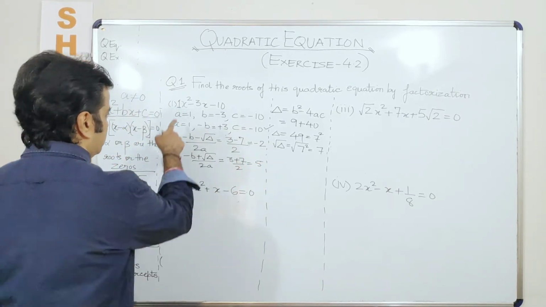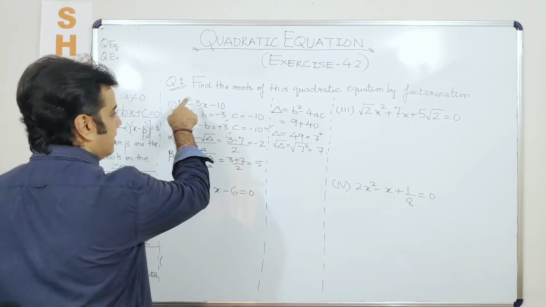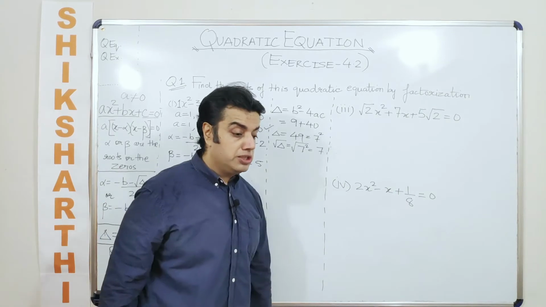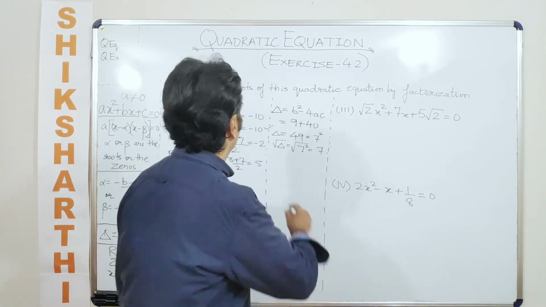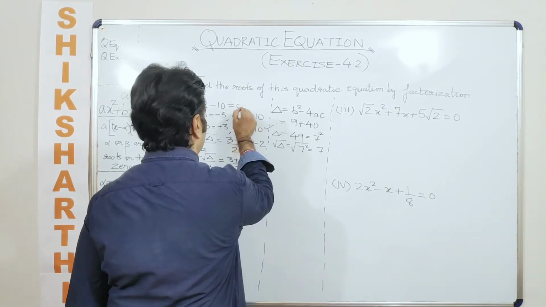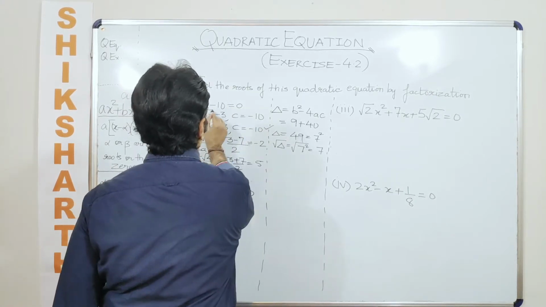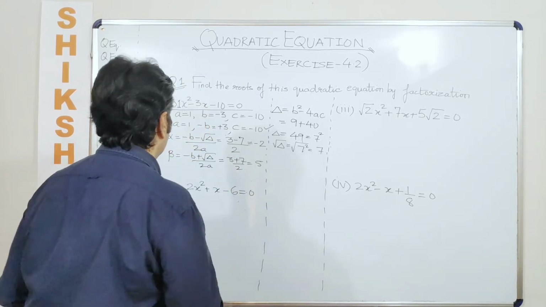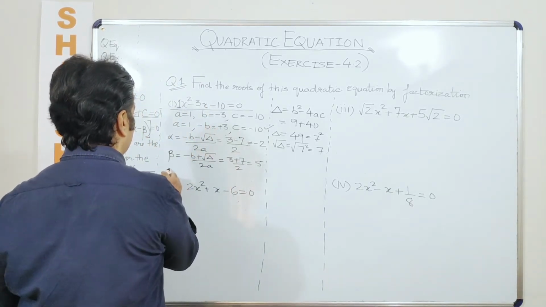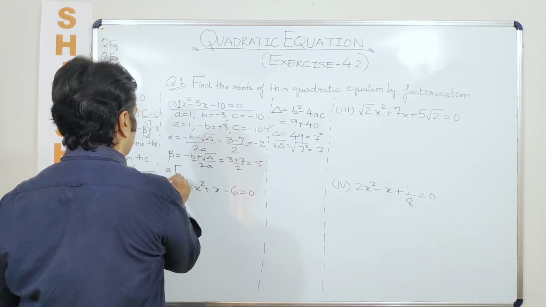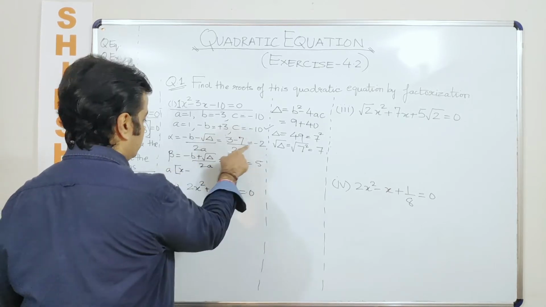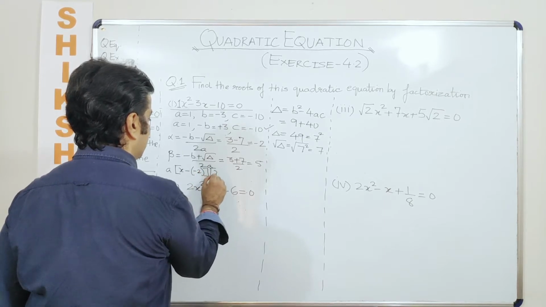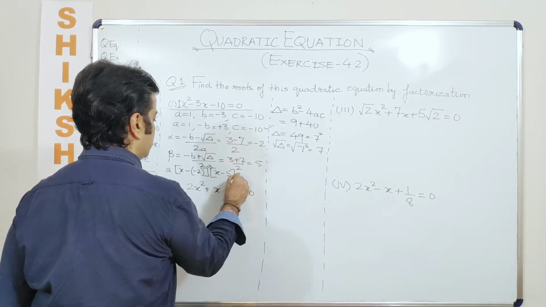Okay. So now I need to factorize this quadratic expression. Now if I see, is the question that has been given here correct or not? I had to equate it to 0. Otherwise it becomes a quadratic expression. But nonetheless, I need to write it like a times (x minus alpha). So x minus alpha is x minus minus 2, times (x minus beta), which is 5, is equal to 0.